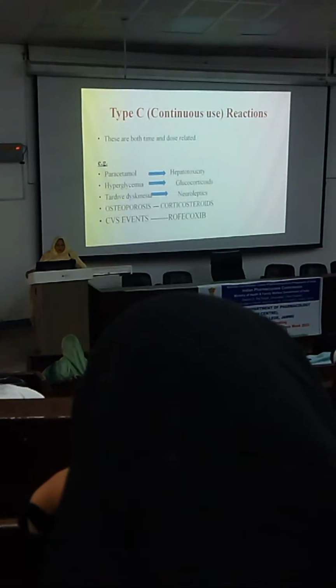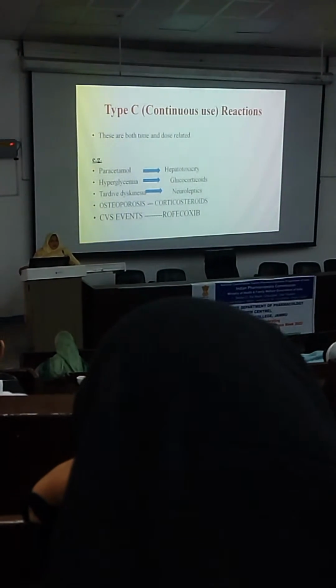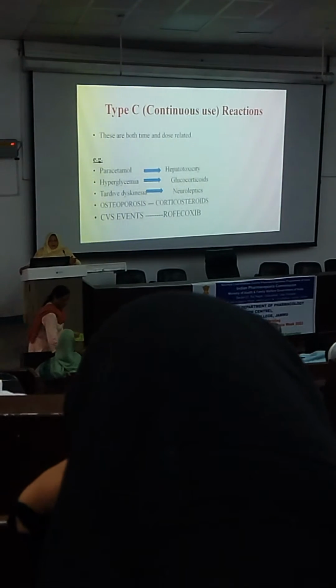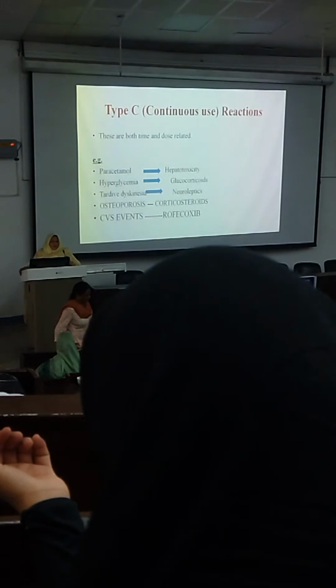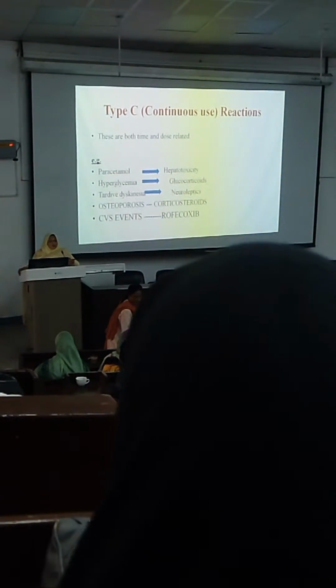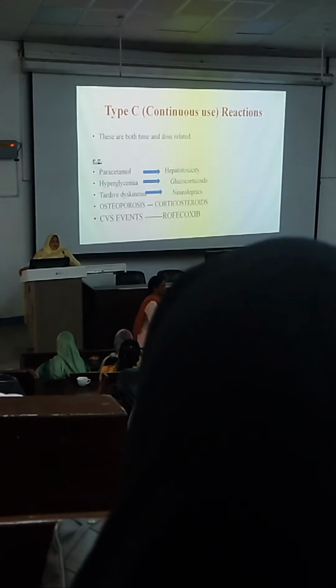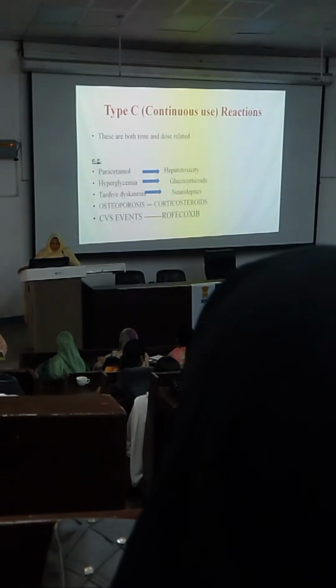Then rofecoxib, this drug has been banned due to the cardiovascular events. Rofecoxib क्या था? It is a COX-2 inhibitor. ये नॉन स्टेरॉइडल एंटी इंफ्लेमेटरी ड्रग्स में आता है एंड दिस rofecoxib it has been banned due to the कार्डियोवास्कुलर इवेंट्स। इससे क्या हुआ था, हार्ट को इन्वॉल्व करता है, तो उसकी वजह से ये बैन हो गया।